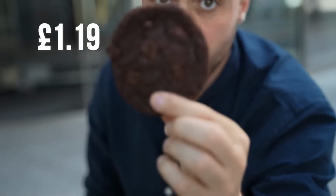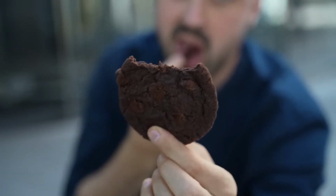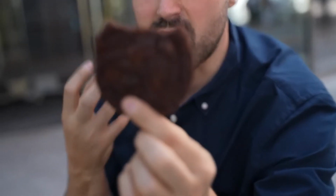Also, Subway have vegan cookies. Soft, sugary, extremely unhealthy, but they taste kind of like drugs. Like you get a real strong